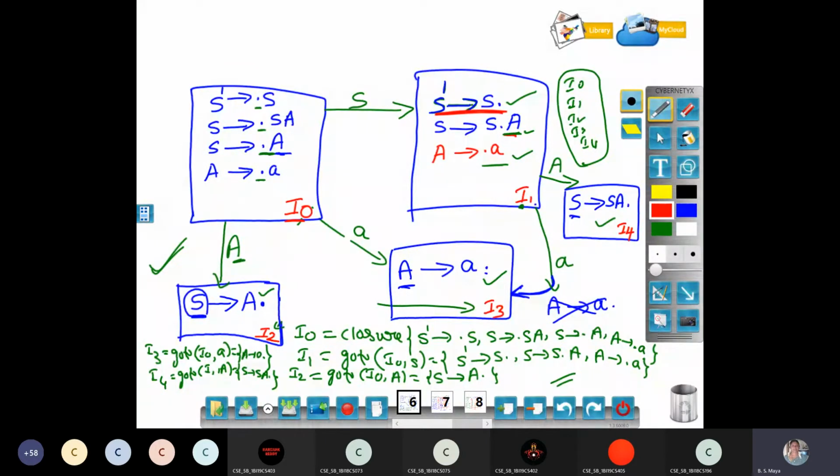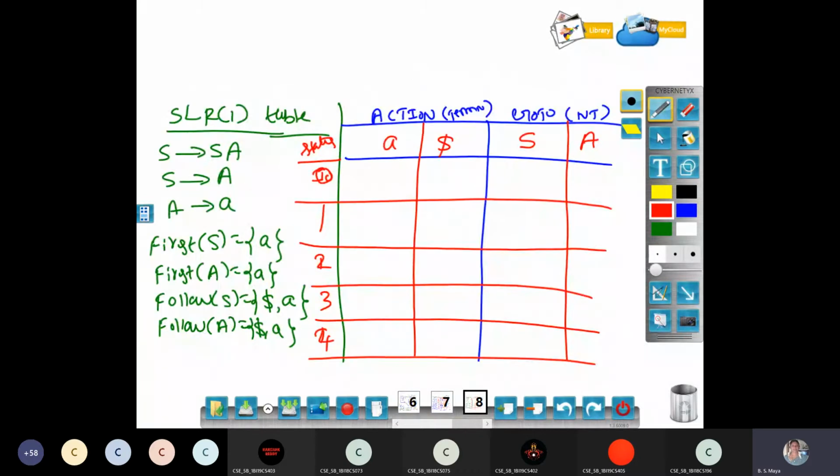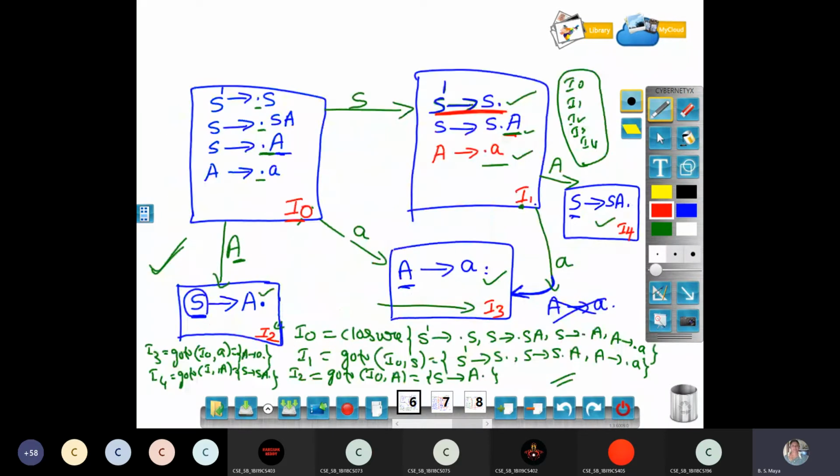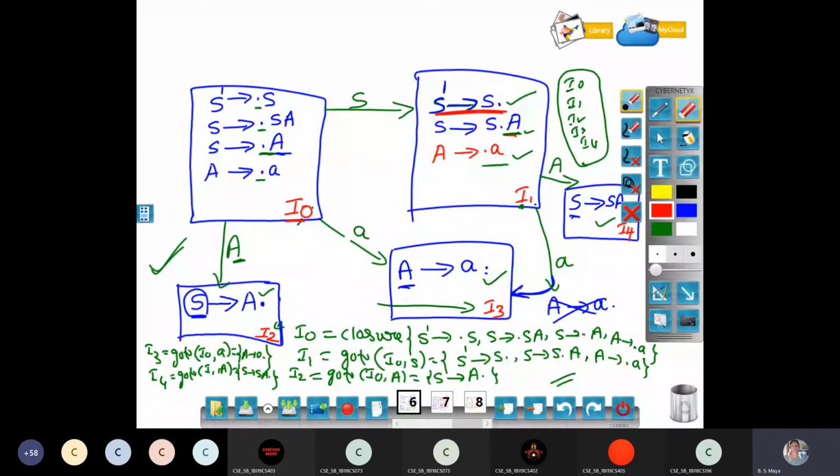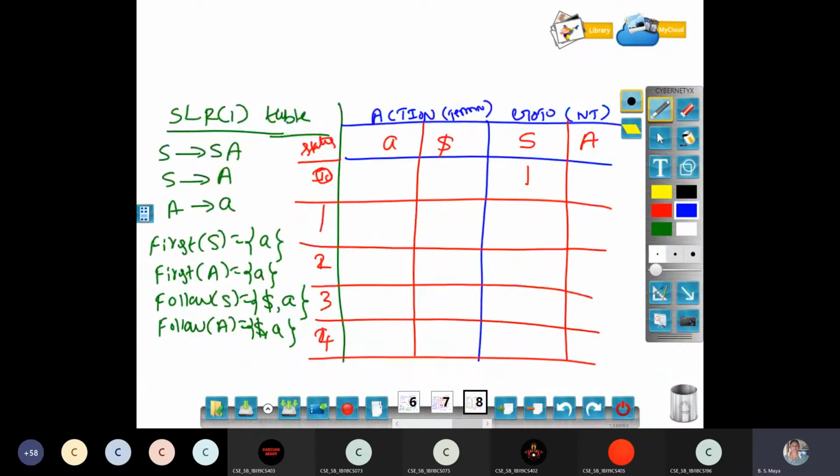The first one is capital S, which goes to state I1, so you write 1 in the S column. Then capital A from I0 goes to state 2, so you write the state number 2 there.